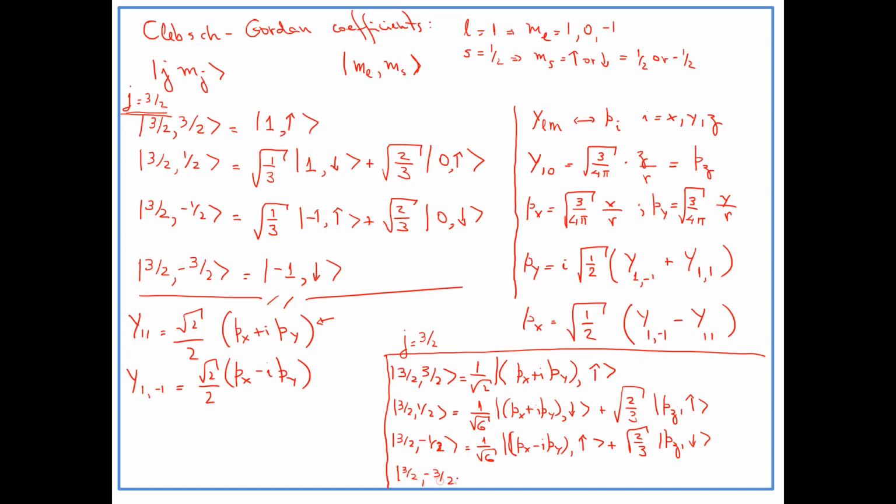And finally, this state is 1 over square root of 2 (px minus ipy) spin down. Okay? Alright, so